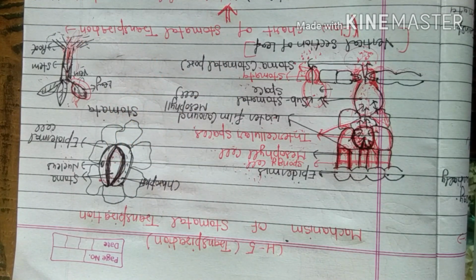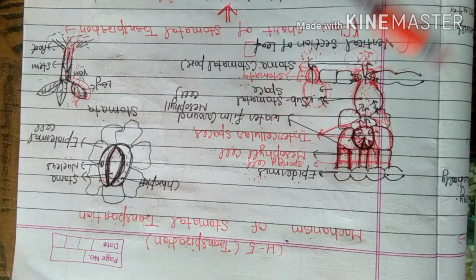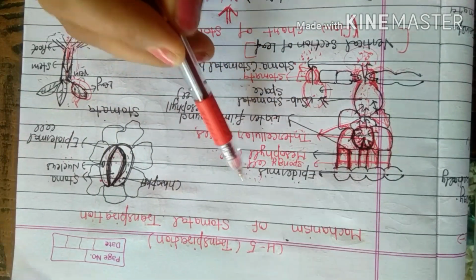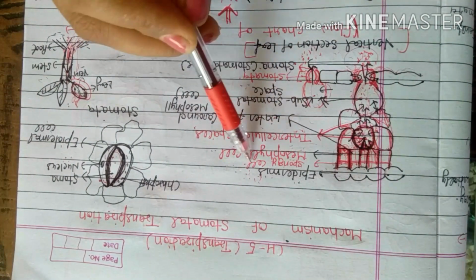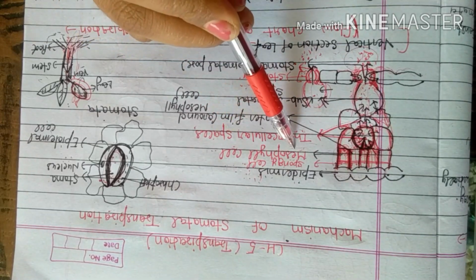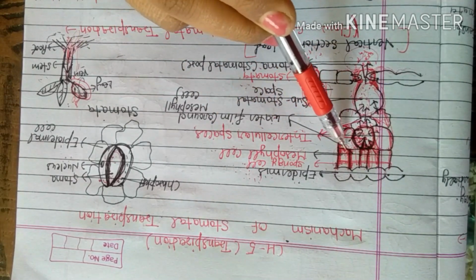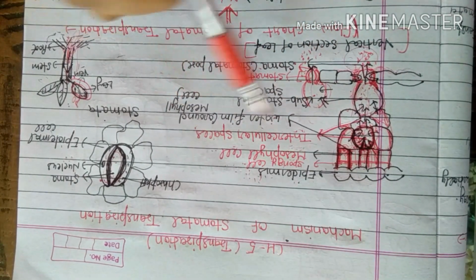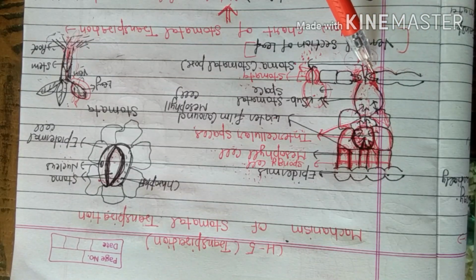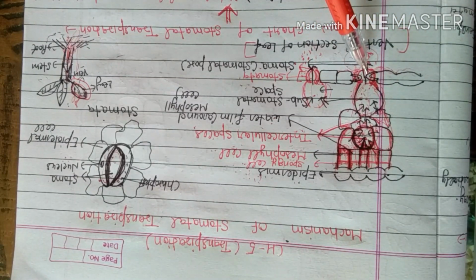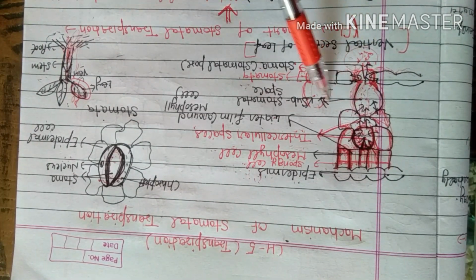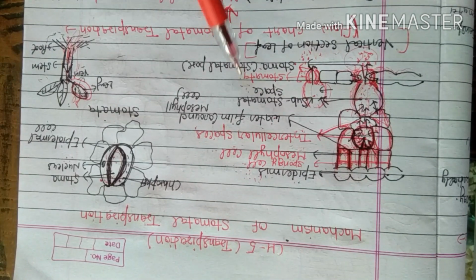Now, in the mechanism of stomatal transpiration, we understand what changes take place in the leaf. Here, we must know the structure of a leaf. I will just give you an overview of a leaf. The outermost layer of the leaf is the epidermis. Below the epidermis, spongy cells are present. Next are mesophyll cells. Between the mesophyll cells, intercellular space is present. This is the lower outermost layer of the leaf. Here, stomata are present. Above the stomata, the substomatal region is located.